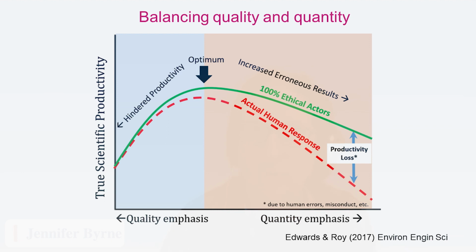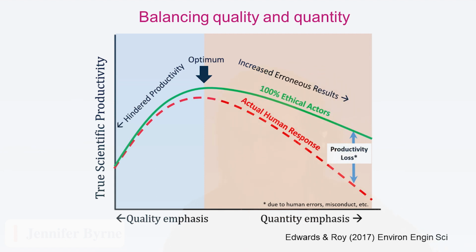I often start talks with this slide because I think it summarizes the fundamental challenge and tension in doing biomedical research, and that is that we need to find an optimum balance between research quality and research quantity. So on the y-axis here, we have scientific productivity, and you can see that there's an optimum that's been reached in this particular case. If we have an overemphasis upon research quality, we can actually reduce productivity because we have researchers that become increasingly risk averse and overly attentive to detail.